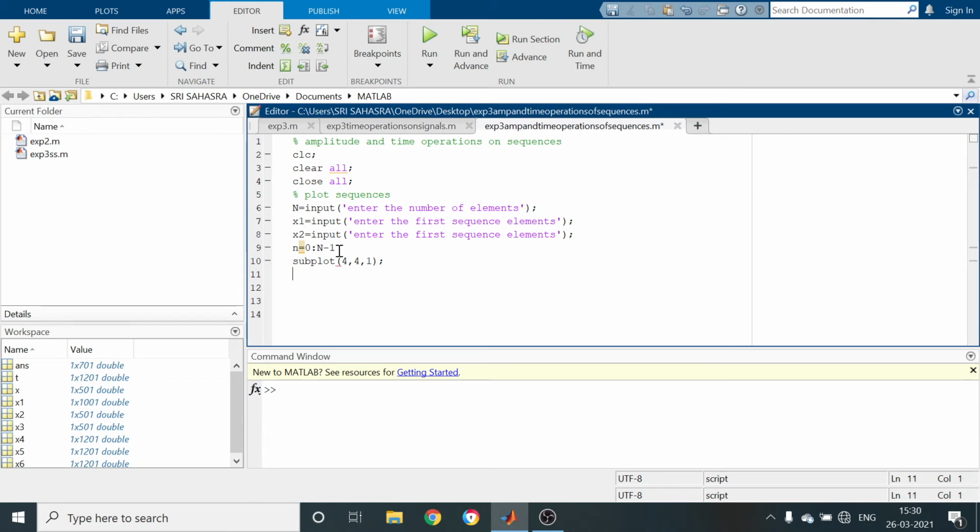Next, in order to display the given discrete time signal, you use the command stem. Stem, n comma x1. I am giving the title as first sequence; here I am not using xlabel and ylabel.